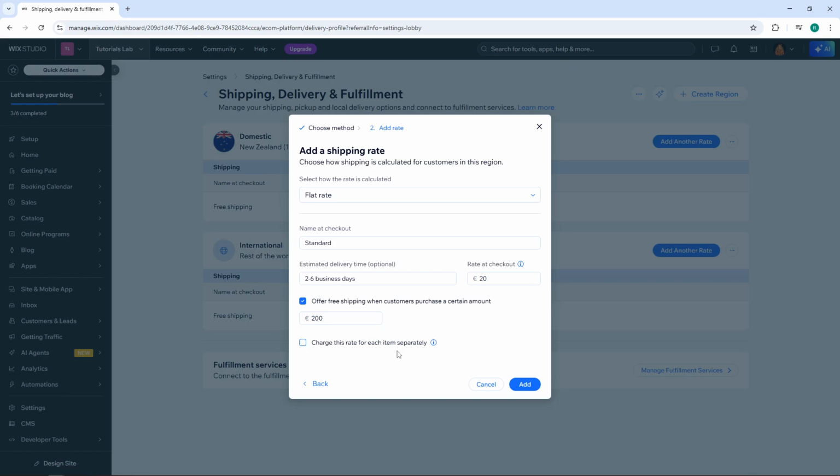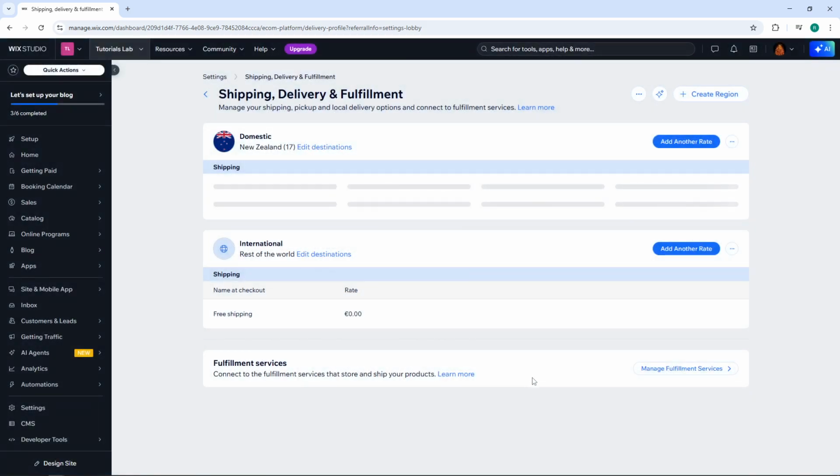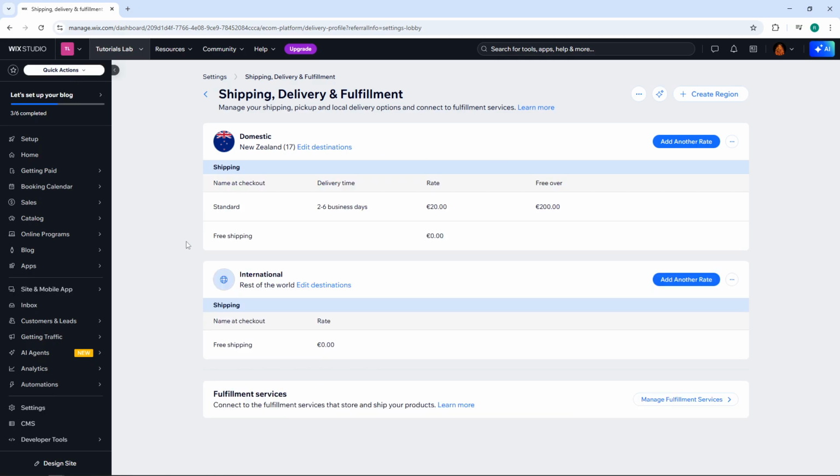Once you've configured everything according to your business needs, click on Add. This will save your new shipping rate and make it available to customers during the checkout process. Give it a moment to save and you'll see your new shipping option appear in your shipping settings list. And there you have it. You've successfully set up a shipping rate in Wix that will help streamline your sales process and provide clarity to your